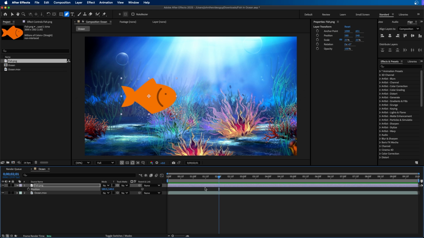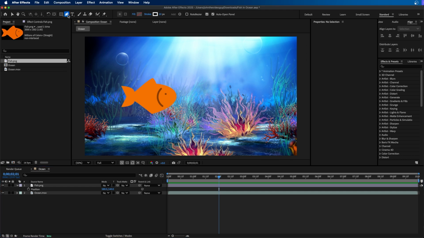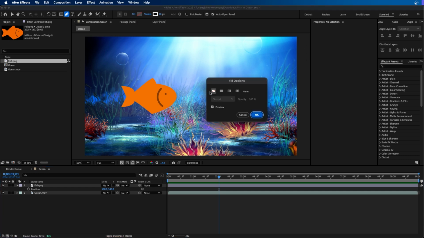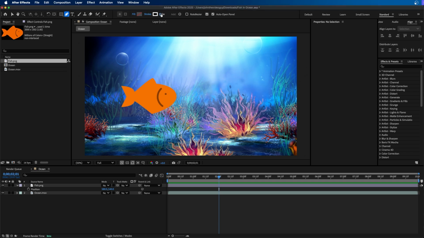So the first step is to make sure nothing is selected in your timeline here, and then grab your pen tool. I recommend changing your fill options to the hash so that there's no fill. You can add a stroke, and this is helpful to see the path once you create it. So I'm going to make it solid with a 10-point stroke,